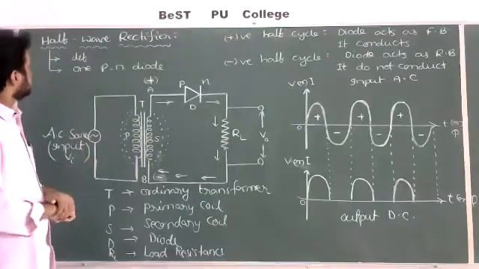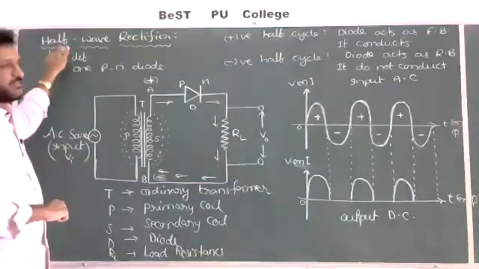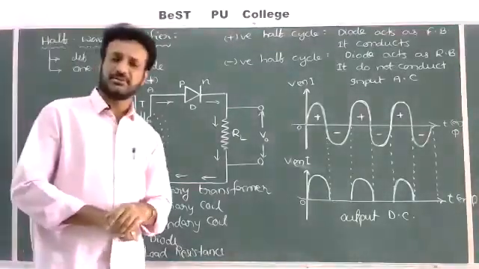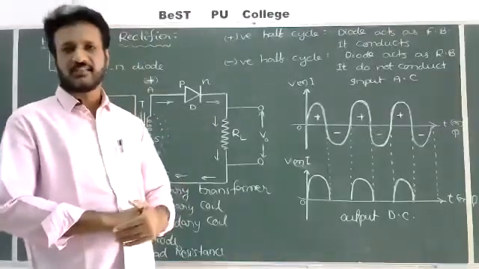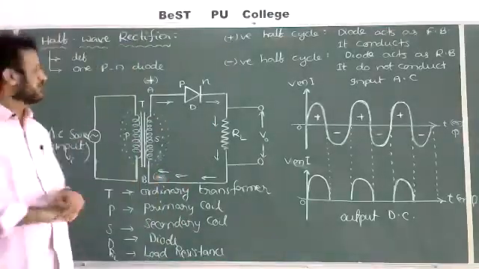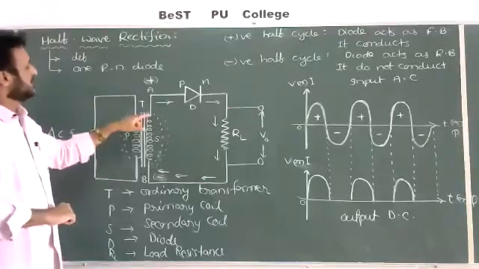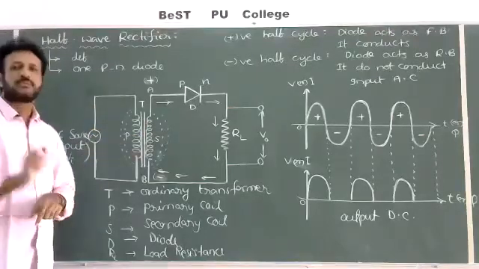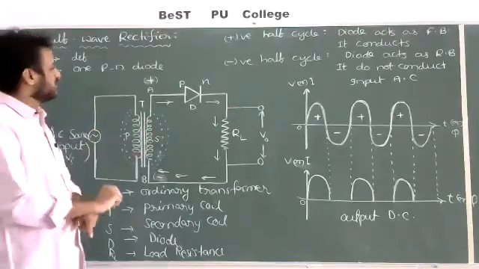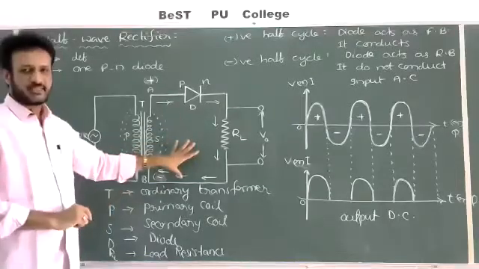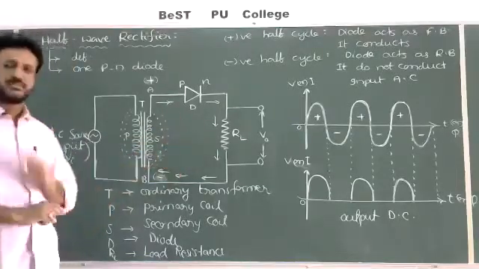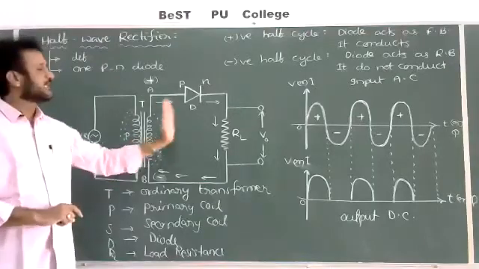Once again, check. A device which converts half of the AC wave into a DC wave can be called a half wave rectifier. Generally, in the case of the half wave rectifier, we are using only one PN junction diode. So the circuit diagram is as shown in the figure. Here it contains two parts. One is the primary circuit and one is the secondary circuit.